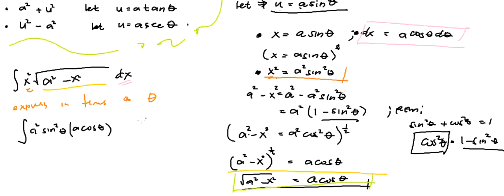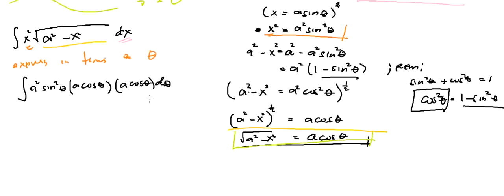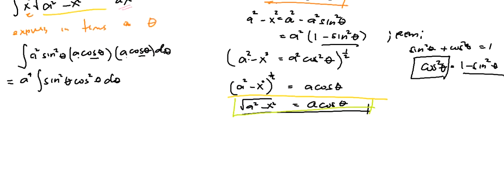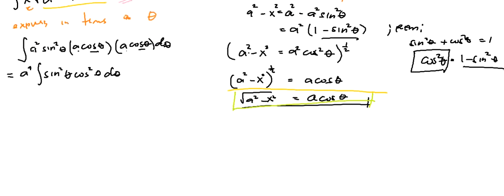So we have multiply by a cosine theta d theta. Okay. So simply we have a squared multiplied by a, so we have a to the 4. Since this is constant, let us write this outside our integral sign, and then we're left with sine squared theta, and cosine times cosine is cosine squared theta, and then our d theta. Okay. So after that,